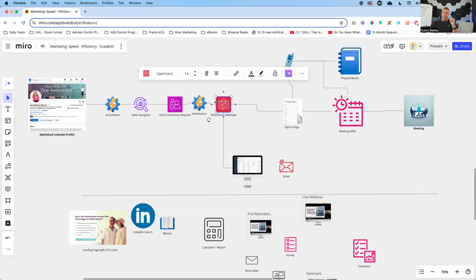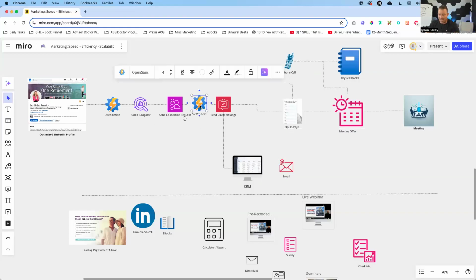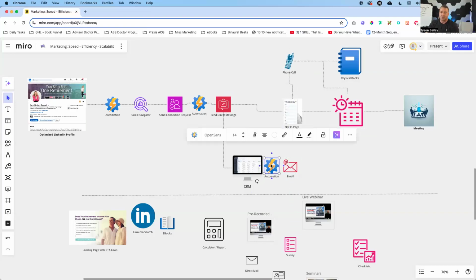So now, because we're able to go through and grab their contact information, we can actually automate, again, using that powerful tool, automation. We can now automate an email sequence to go out to that individual. Now, with that, you have to be extremely careful, because if you don't do this the right way, you're going to get a lot of people to report you as spam, to block you, to unsubscribe.